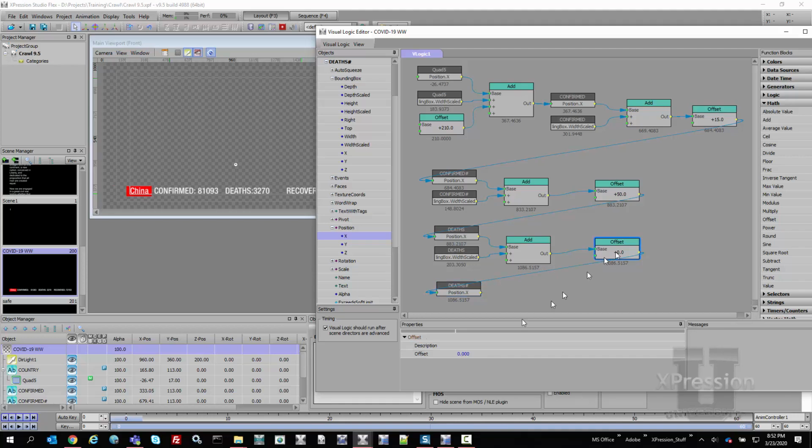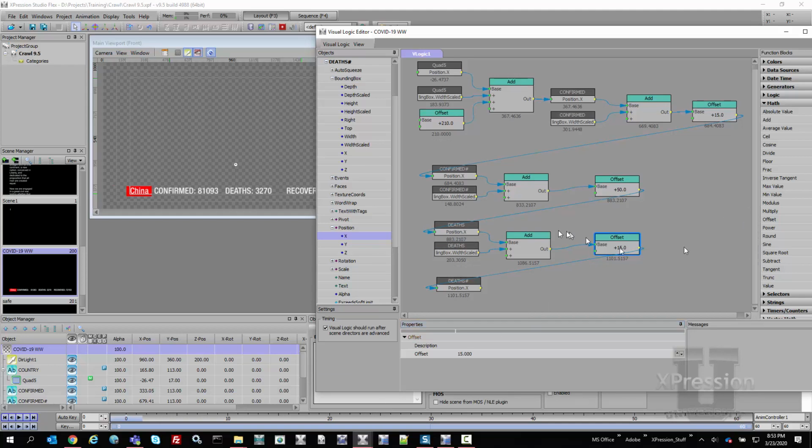And the value that I had for an offset between the label and its values is 15. So now I've got that uniform. I'm going to move my screen up here a little bit because I need to put the width of the bounding box scaled into my scene here. I'm going to do addition again, and I'm going to add that as the base, and I'm going to put the width of my bounding box. I'm going to add in an offset,